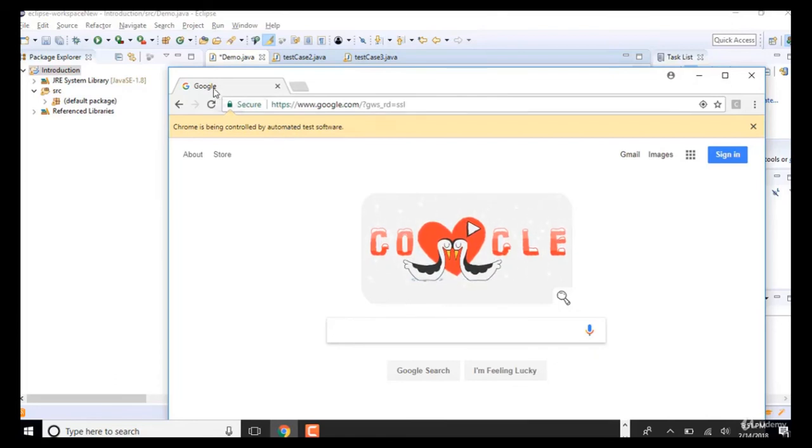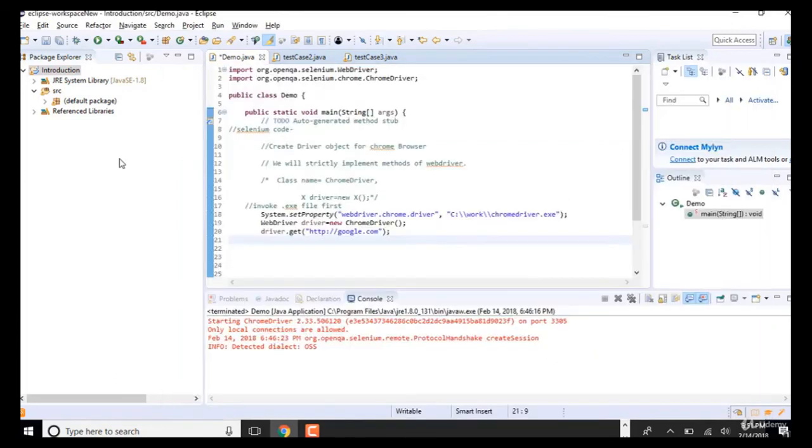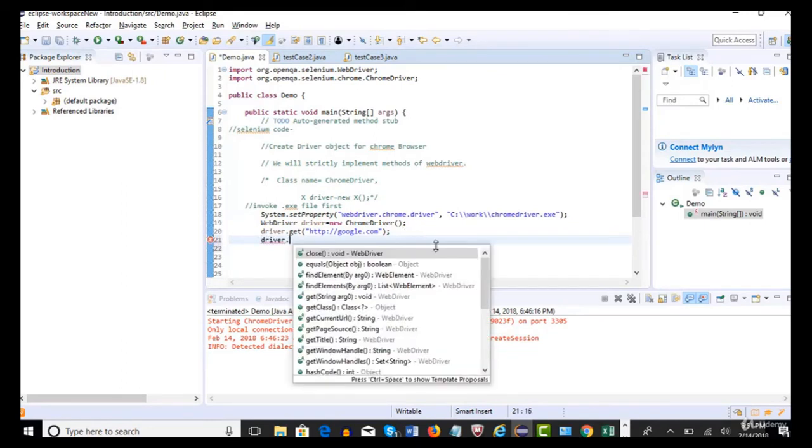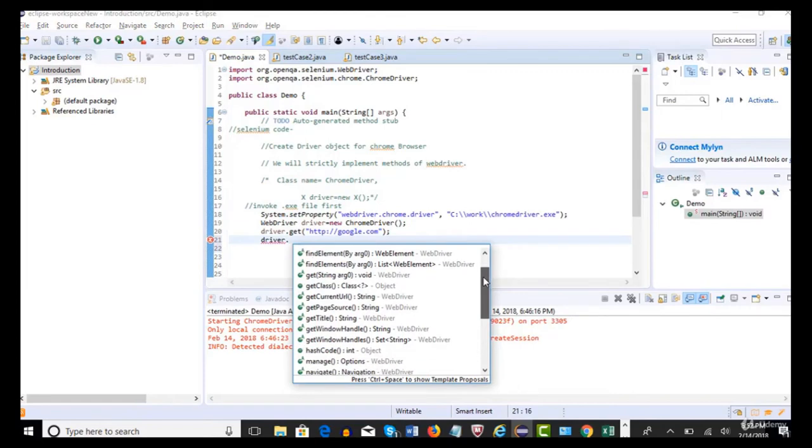Now, if you want to get the title of this page using Selenium, there is one method which gives us that. Okay, so you are going to tell that method, not me. Driver dot. When I say dot, you will get all the methods supported by WebDriver. Now go and check each and every method and see which method fits to get the title of the page. Everything is self-explanatory here. If you observe carefully, close, find elements, get current URL, page source, and you see get title. Right, this is the method which gives you the title of the page where you landed on.